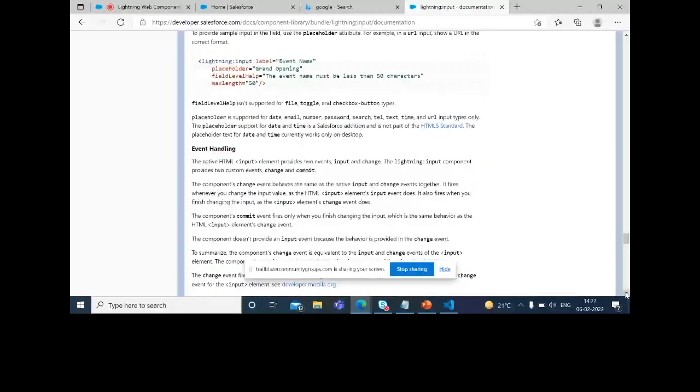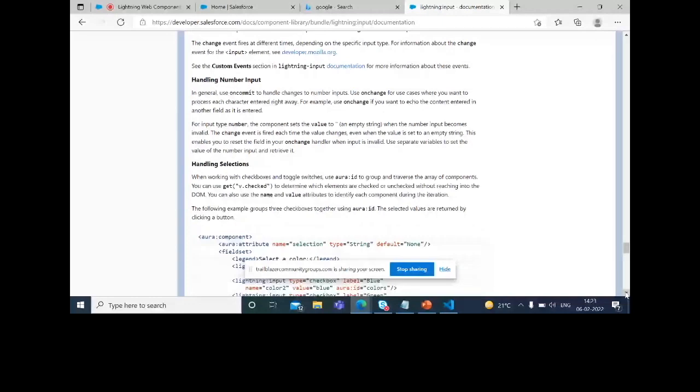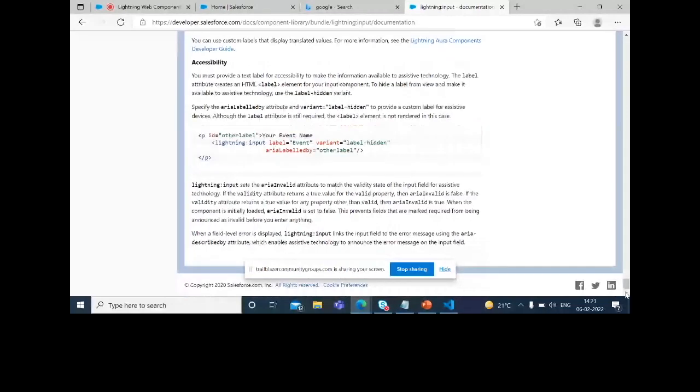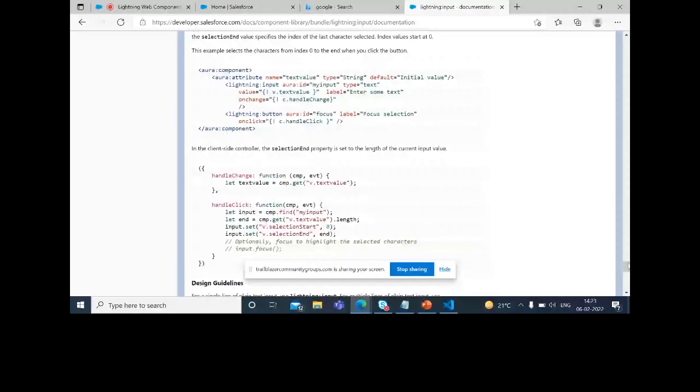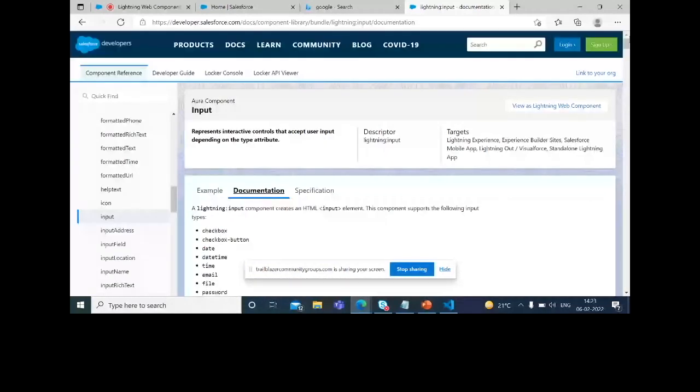I think it is not mentioned in this documentation. No problem. I will share that link later on, or maybe before ending this session. Yes, so we have lots of utilities of event.target.